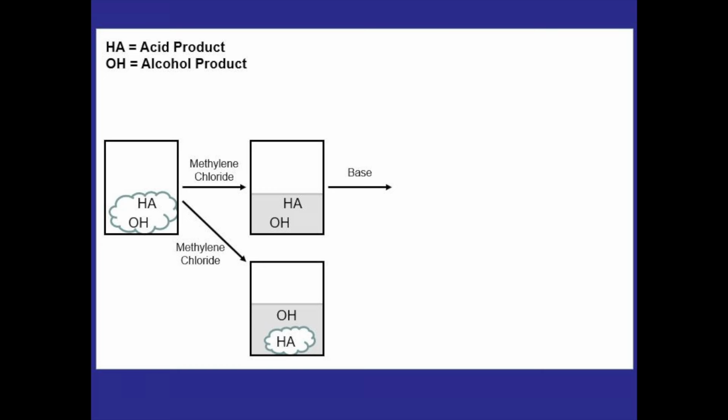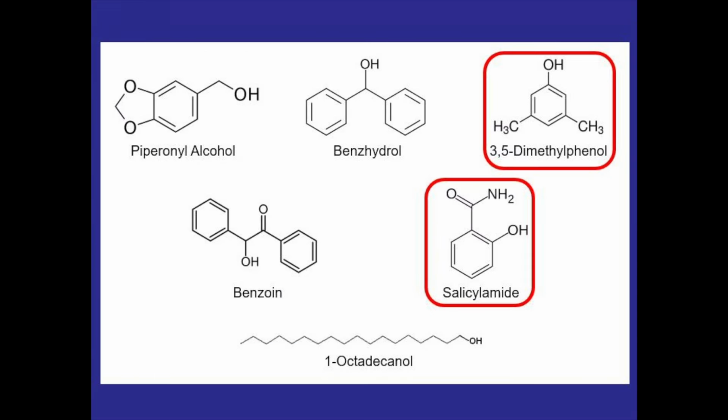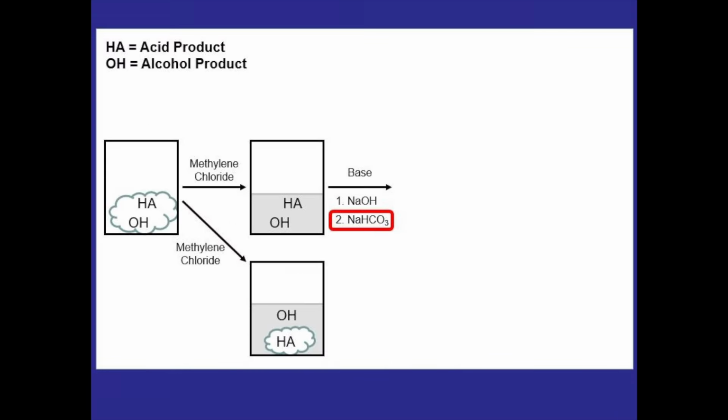Now, as to which base to use, we could try using sodium hydroxide, or we have also used sodium bicarbonate as well. The thing we had to be concerned about is deprotonating the unknown alcohol. Since two of them are phenols, they would have a much lower pKa than other alcohols and would be at a higher risk of being ionized as well and following the acid into the aqueous layer. That means we'll want to use a weaker base that won't react with these alcohols,